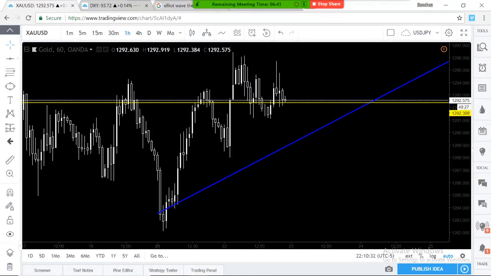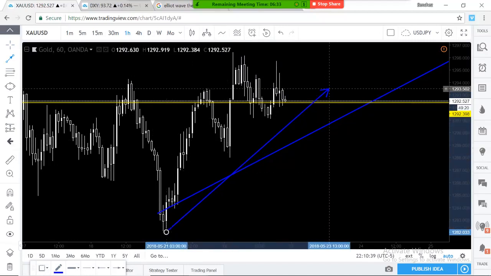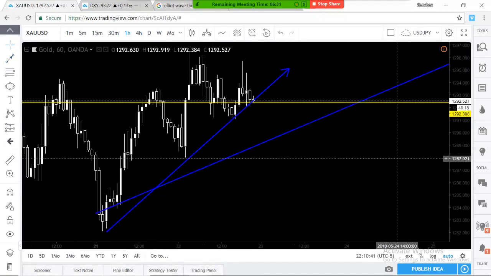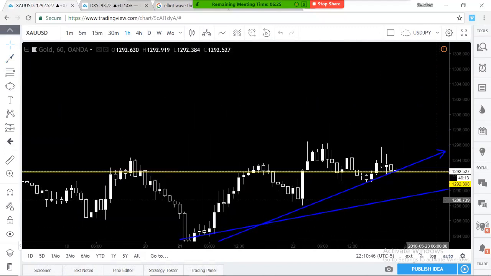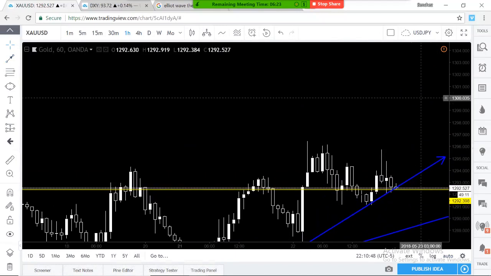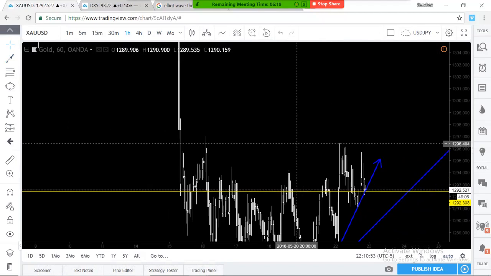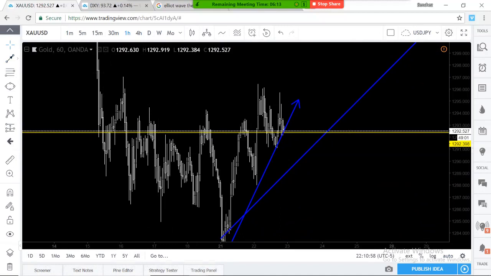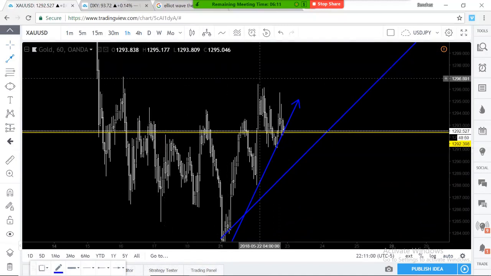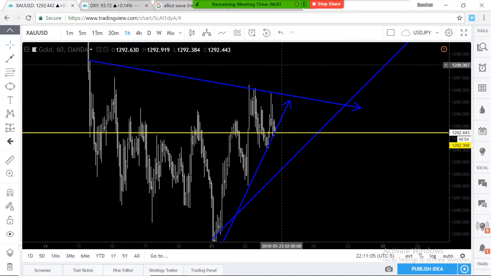All right. So as it gets wedged in, remember guys, we're getting wedged in. That's why this is getting smaller and smaller, right? Because we have higher lows, and then we have, come on, it's not gonna act right with me right now, is it? Let's see. I was gonna say it's having lower lows, lower highs, which it is. I'm just trying to get a good angle to show you guys. Right about here. Starts here, goes down here. See? So it's getting wedged in right here.